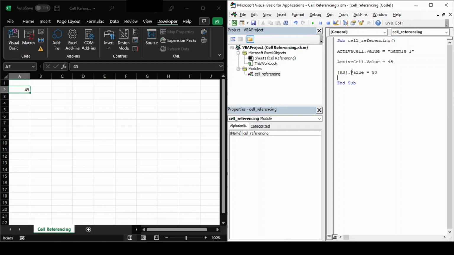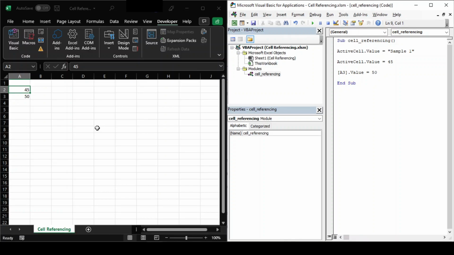So in bracket we have given the cell address and dot value is the same as in our earlier example, equal to 50. So let's execute this step by step with F8. So it gave us the sample 1 value in A2, replaced the value in A2 with 45 and then value 50 in cell A3. So this is how we refer to a cell which is not active.